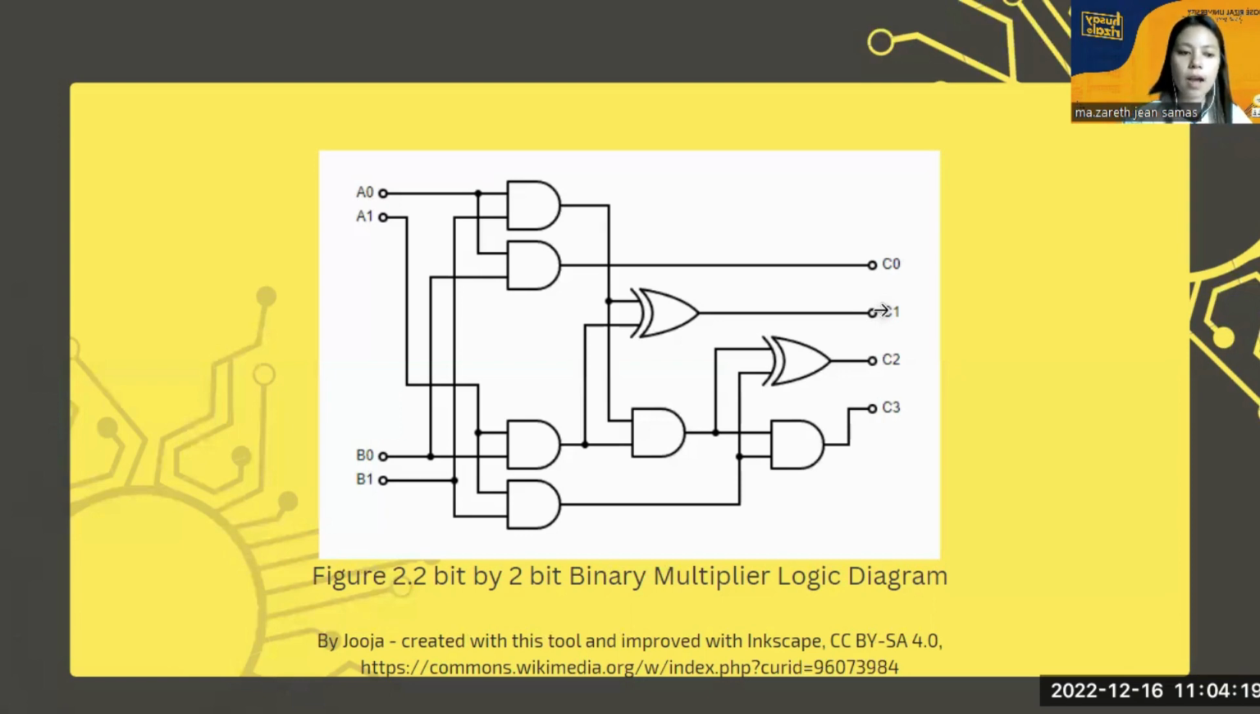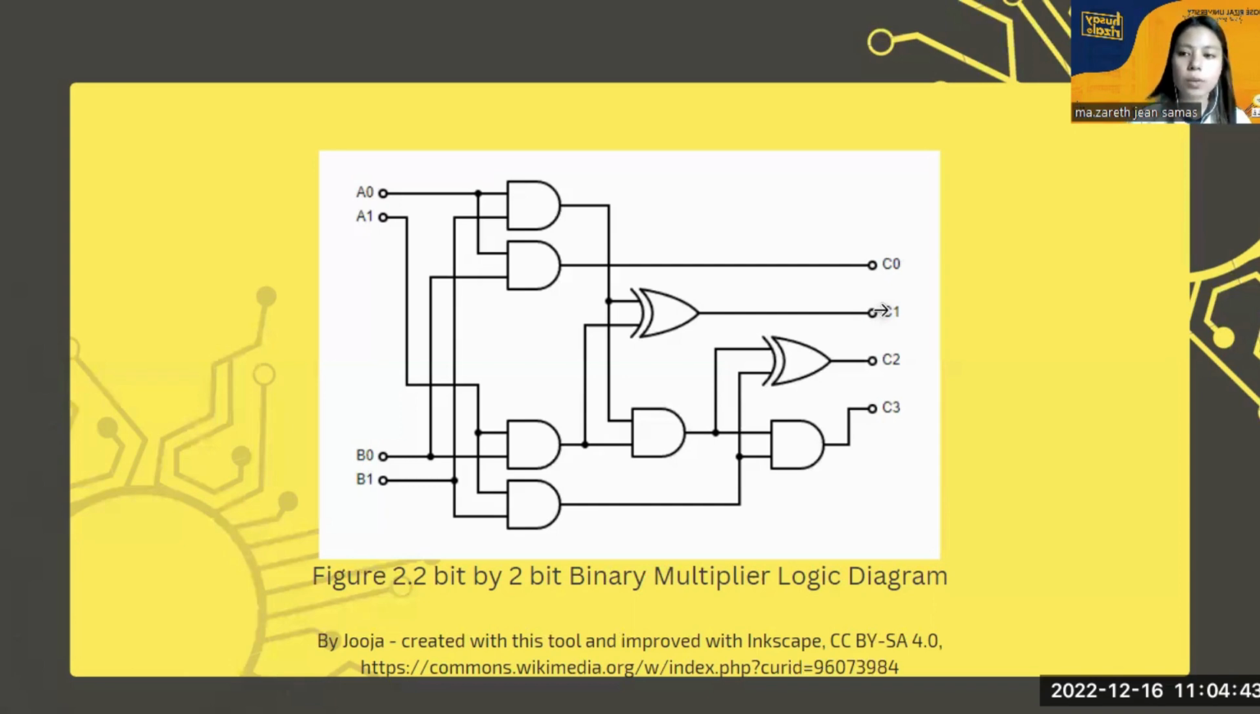The first half adder will take in the outputs of the first and third AND gates as inputs. The second AND gate will be the first output of our multiplier, labeled as C0. Since the sum output of the first half adder will be the second output of our multiplier labeled as C1,